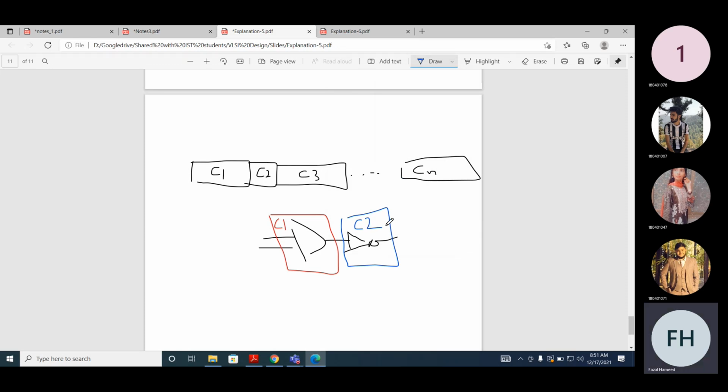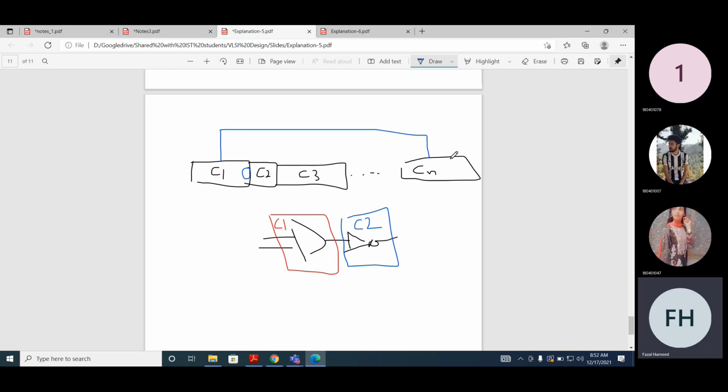Now if you want this design, you place cell 1 and cell 2, let's assume adjacent to each other, but you have to make a connection between cell 1 and cell 2. It can be directly connected, let's assume using polysilicon because they are placed adjacent to each other. But if you want to connect this cell with this cell, you need one connection from here to here. For that you need a metallization layer.